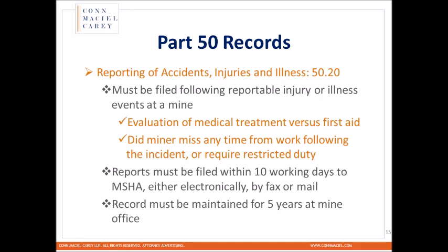And so we need to do a bit of analysis when we look at this, and very often people want to get this in immediately. I encourage people or companies to look internally at this and see if it is actually reportable, or collect a bit of information before you file it so you're not filing an incomplete or maybe an inaccurate record, or one that does not have to be filed. So we want to do this analysis and see if this is going to qualify for a Part 50 7001 form. If we are looking at an occupational injury, that is,